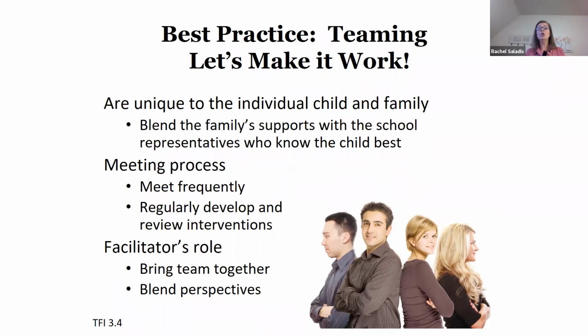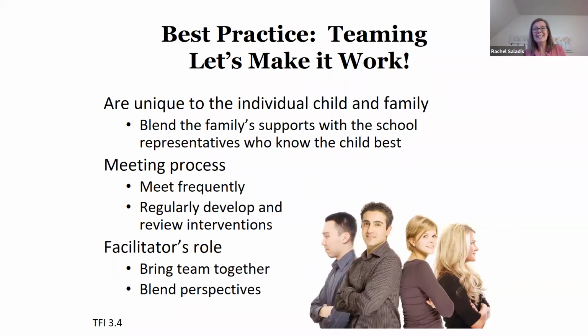Each and every student who has a Tier 3 plan should have a team that is unique to him or her. This team should always blend the family's hopes, dreams, and natural supports with school folks that the family is comfortable with and that know the child or youth best in this school setting. It should be facilitated by someone skilled in bringing the team together and blending those perspectives. Now, there's not really a set frequency that we can give you for those team meetings, but it's probably no surprise that the more intensive the identified need, the more intensive those meetings are likely to be. So the team initially is going to engage the family, get all kinds of information, and then create a plan.